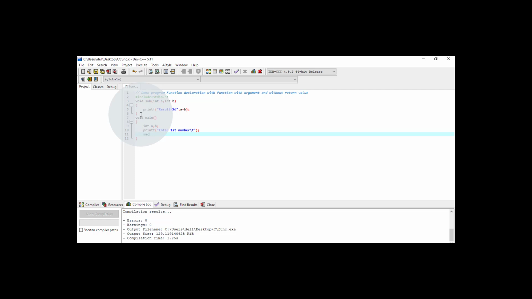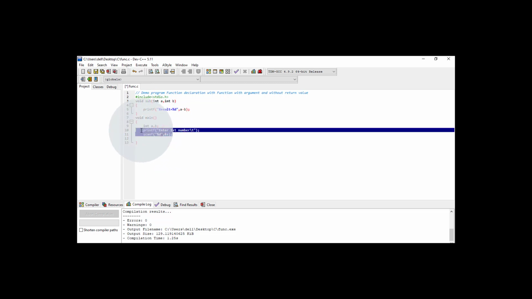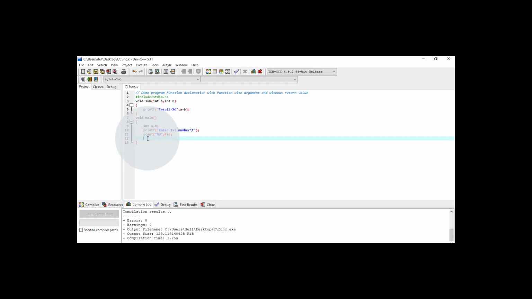Now I have to read this number into a variable, so for that I'm using the scanf function, and here I have to specify the format in which we want to read. So %d is for the integer, then we have to use the address operator, then give the reference of the variable to which we want to assign the value, and put the semicolon here. So I'm going to copy these two statements from here to here using Control C, and here I paste it using Control V.